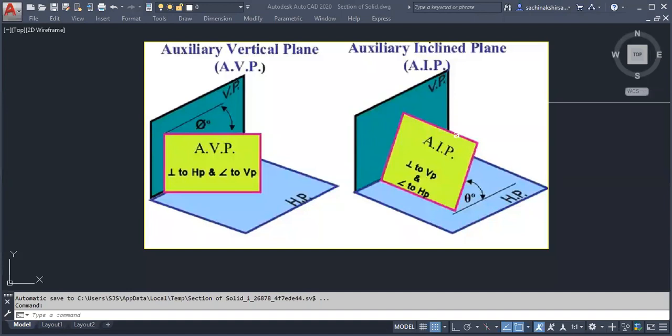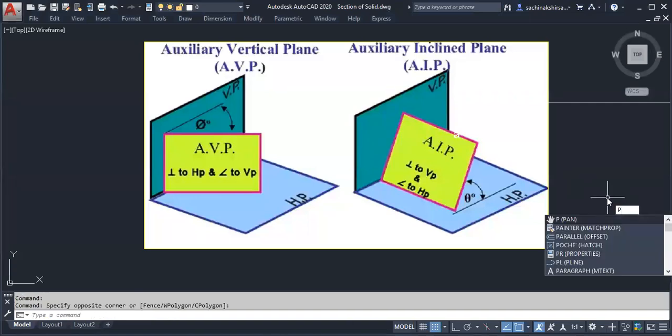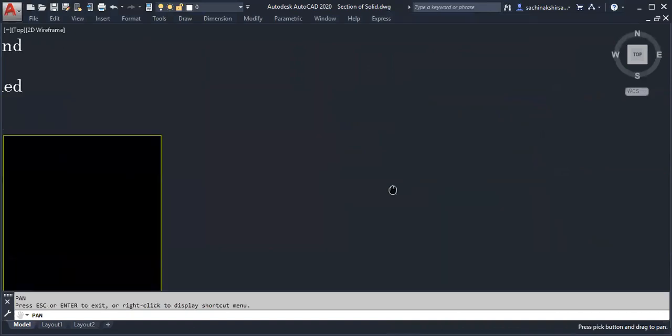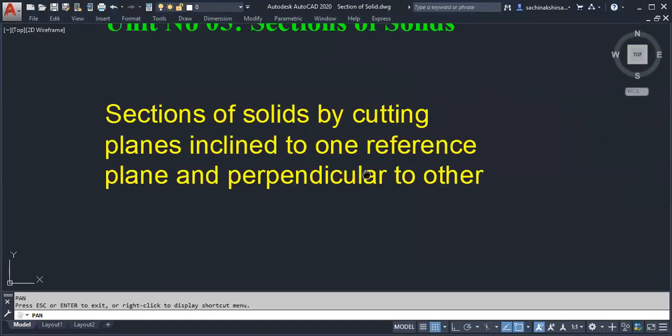Siddhi Shinde, have you understood the difference between AVP and AIP? So try to join on time. Otherwise, it has no meaning, because I have just covered the core part of this chapter. So for both of you, once again I will revise within 1 minute, not more than 1 minute. Once again, for Aditya Wagmare and Siddhi Shinde, I will revise quickly.